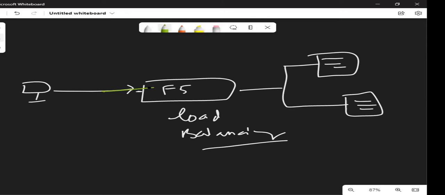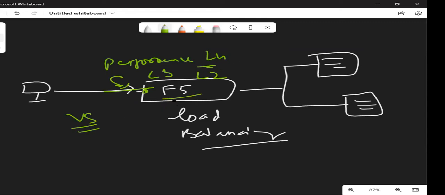Okay, who stops you? It is your device. You are paying for it. If you want to make some changes as per your choice, you can create it as a performance L4, or maybe as an L3, or maybe as an L2. So there are different virtual server types which you can convert to. Depending upon those virtual server types, your F5 unit will become a typical router, switch, or load balancer. This depends upon your different virtual servers.